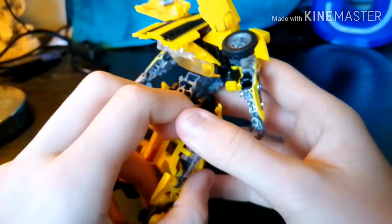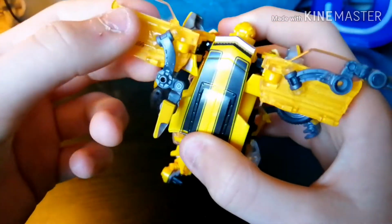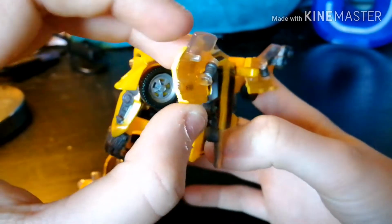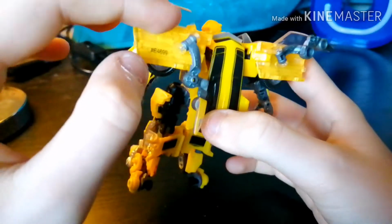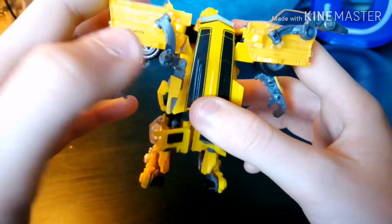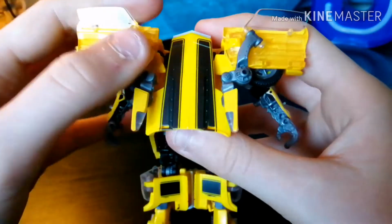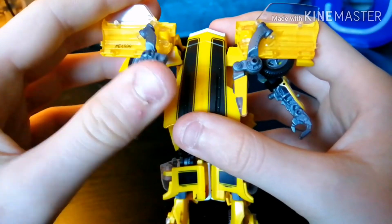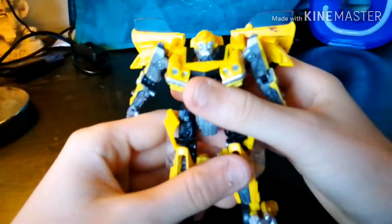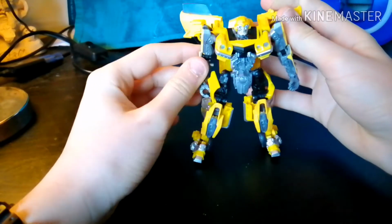Now for the door wings, what you want to do is you come to the back and you want to unpeg. Oh, that is always a scary thing to do because it's a very thin peg, very small peg, and it's translucent, which makes it even more scary, and it just pegs right into that tiny little port there. And same on the other side. You just want to tab those in. I don't know how they tab in. I think it's just like a friction groove in there. I don't know what you call it, but there you essentially have Clunker Bumblebee in his